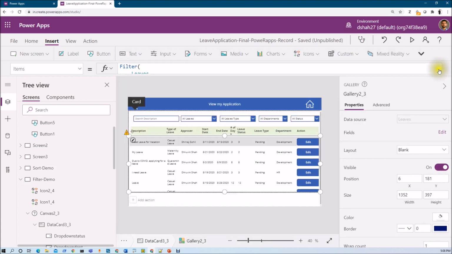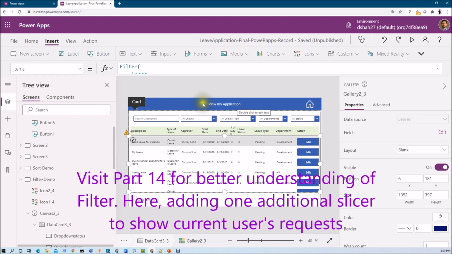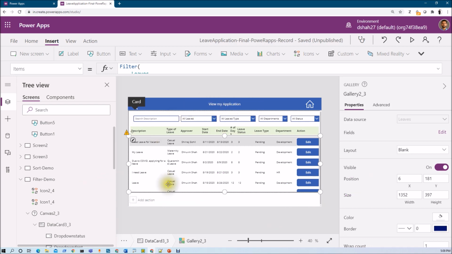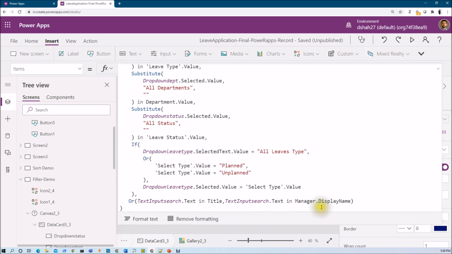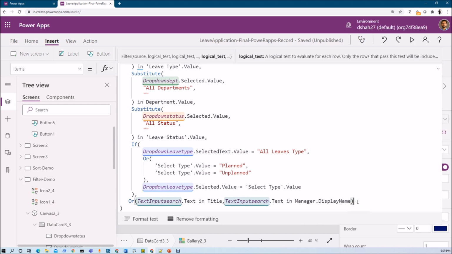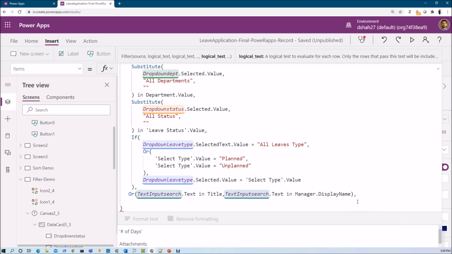But before we do that, let me make one change here. View my application is something which should show all the applications which are applied by me, so the applications created by me should be showing here. So let me add one more filter over here, and after that we will copy and paste this code. If you want to understand this filtering code, just visit the 14th part of this series.